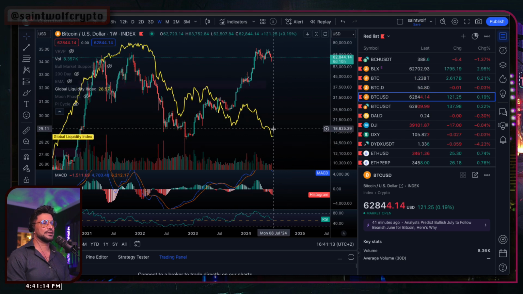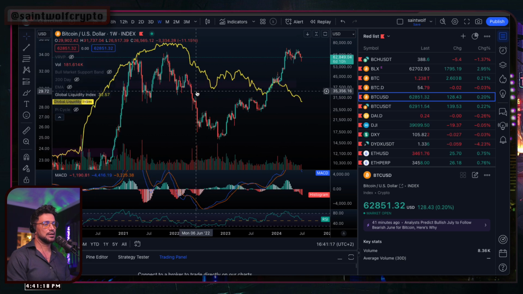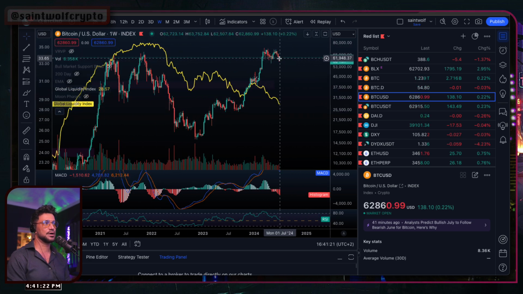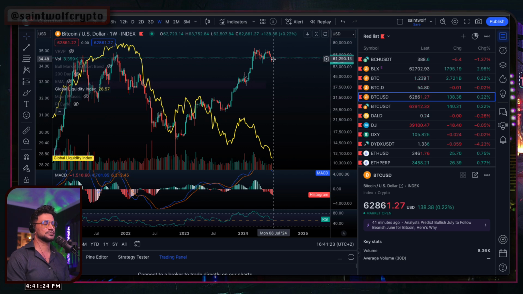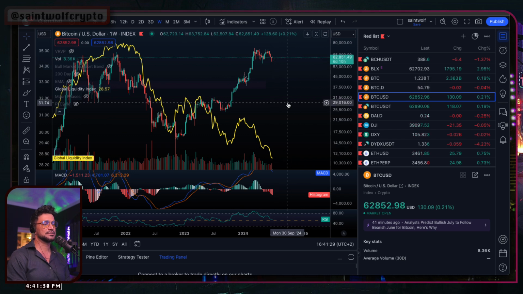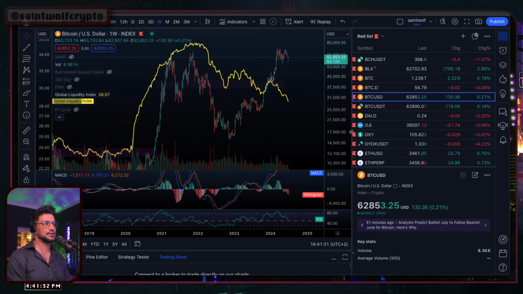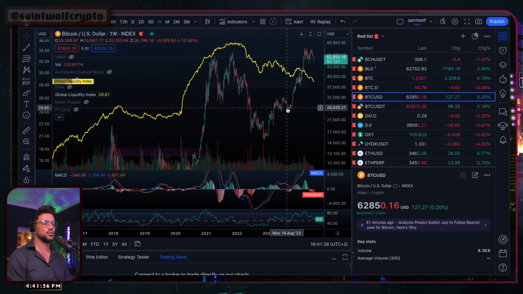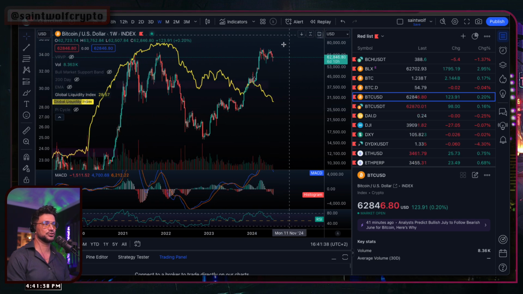But you can't deny the fact that GLI is coming down, and this is way up here. The only thing we can look at is the past, where when the deviation has happened this much, at some point Bitcoin has to deviate from its path to meet GLI at some place. Maybe GLI comes up a little bit, but Bitcoin has to at some point meet it. But we don't know how long it can diverge for. We don't have that much history to look at where it's diverged for that long. Could it just keep diverging?